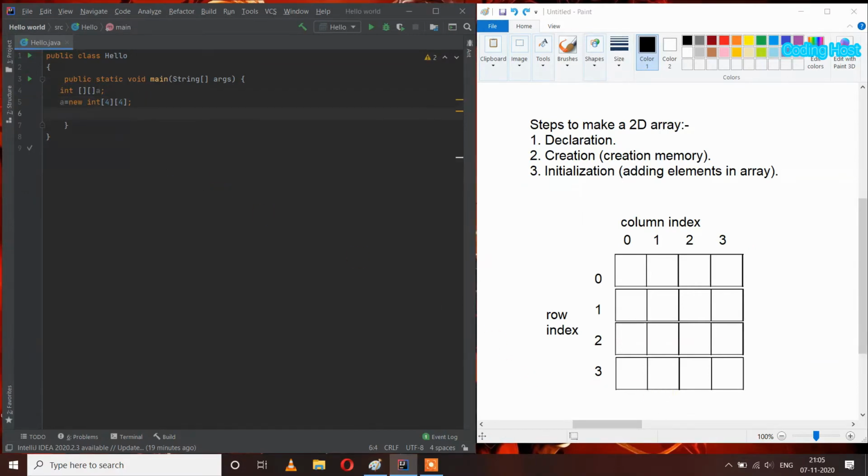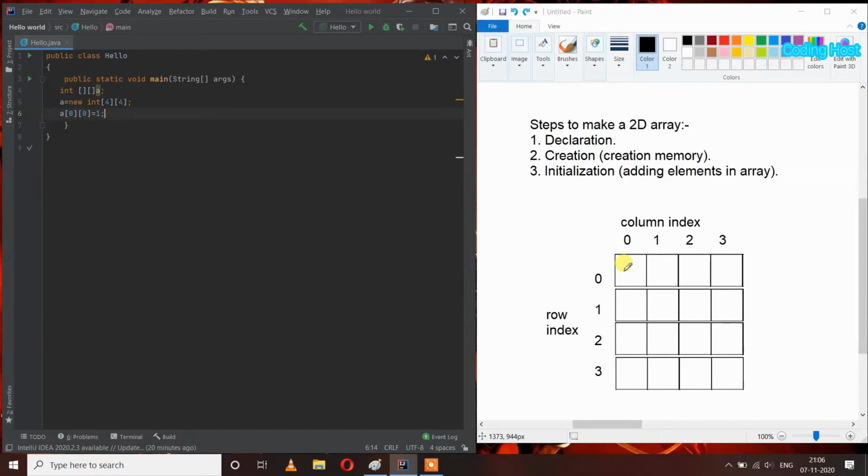To insert an element, we have to write like this: a, then square braces, and in the first square braces I will write index 0, and in the second square braces I will also write 0, and equal to 1. It means that at index 0 0 we have element 1.